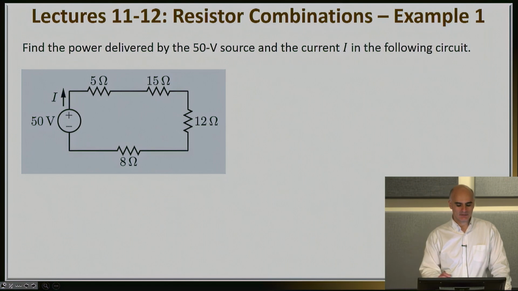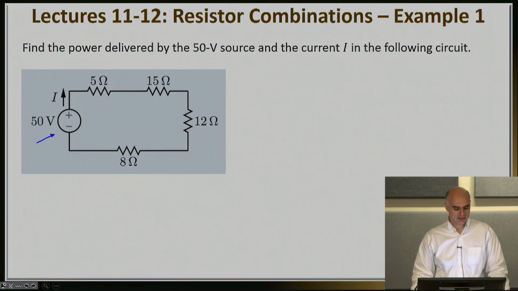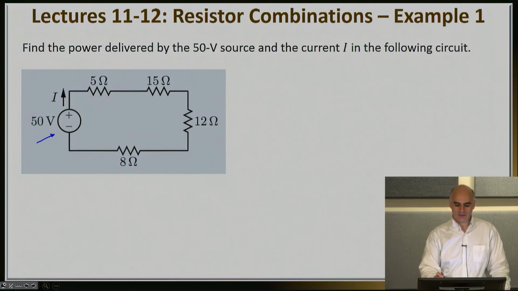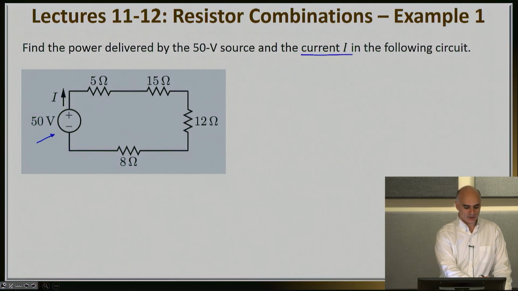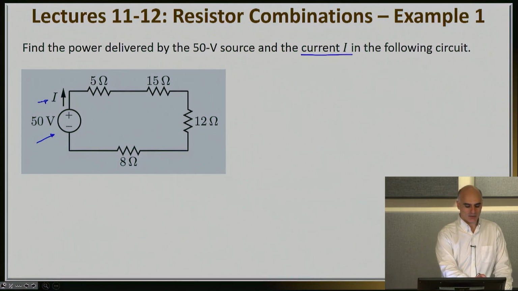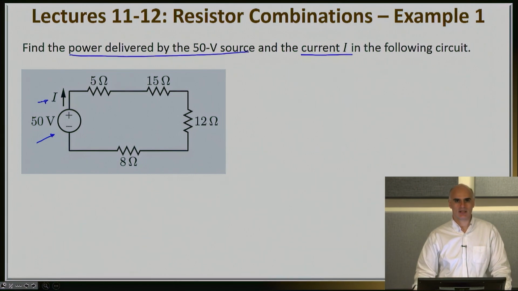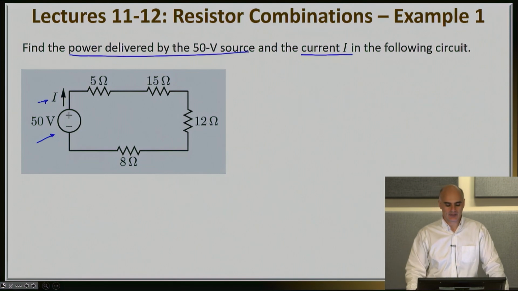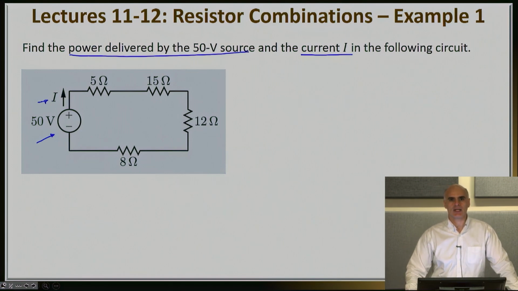We have a 50-volt voltage source exciting four resistances connected in series, and we are asking for the amount of current I that we are drawing out of that source. And we're also asking for the power that this voltage source is delivering to the circuit. Now, this is a very simple case, but still, let's go step by step to make sure that we all